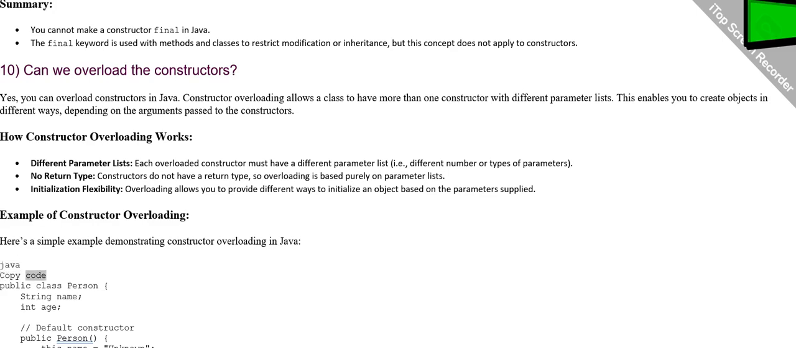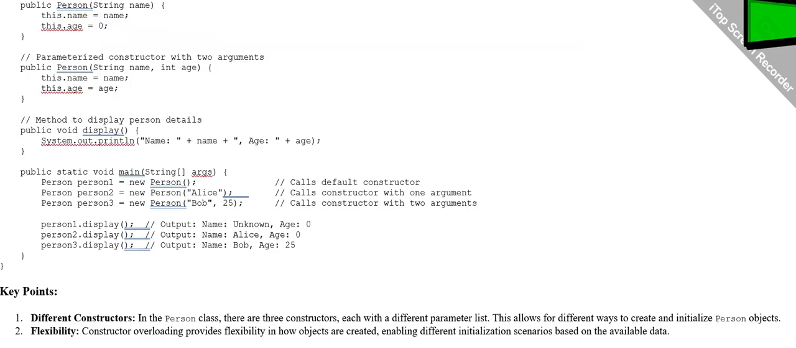Java. public class Person { String name; int age; // Default constructor. public Person() { this.name = "Unknown"; this.age = 0; } // Parameterized constructor with one argument. public Person(String name) { this.name = name; this.age = 0; } // Parameterized constructor with two arguments. public Person(String name, int age) { this.name = name; this.age = age; }